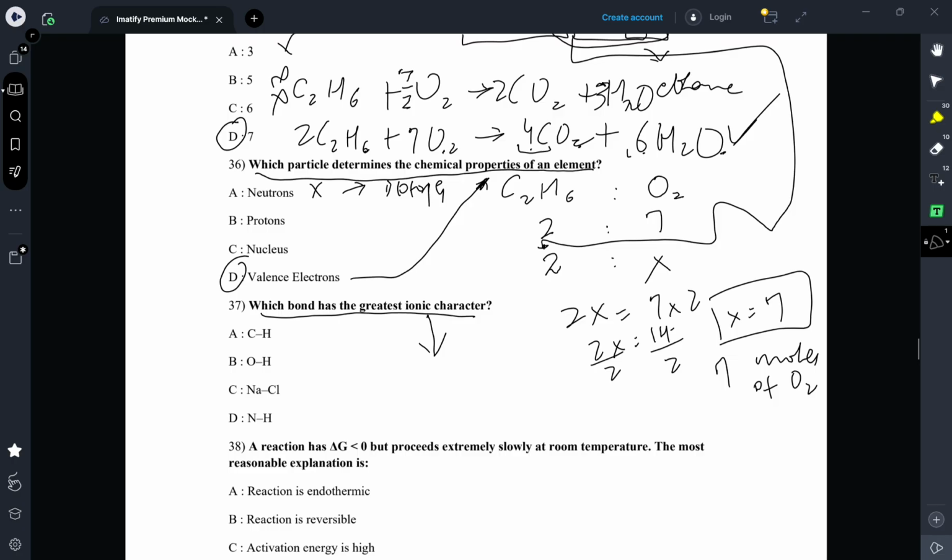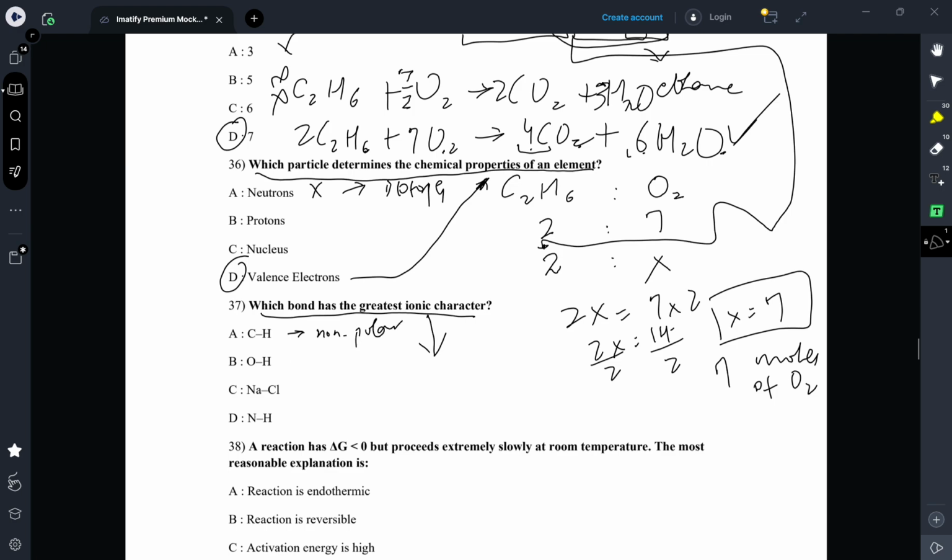Of course, we won't be provided with a periodic table in the exam, but you should still have a rough idea. Actually, you don't even need to consider the electronegativity difference here because it's really easy. C-H bond